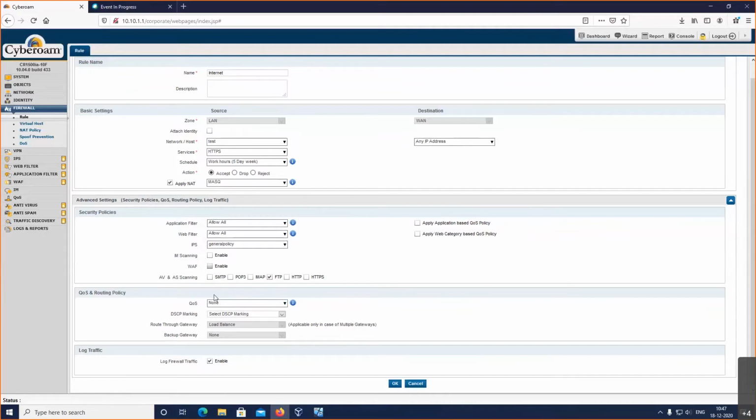So all these security features are also applied. And even the bandwidth control which you have seen can also be applied, whether we want to have any load balancing or any quality of service bandwidth related, that can be done here. And the most important part, log. Whatever rule we write, we need to enable the log, because that is where everything will be monitored for real-time analysis, or can be archived so that it can be analyzed at a later point of time. So logging of the traffic is very important on whatever rule we write.